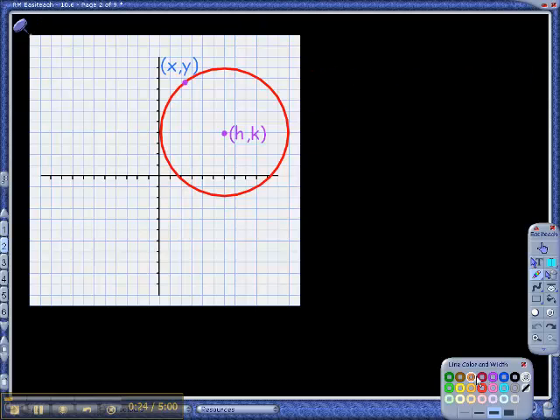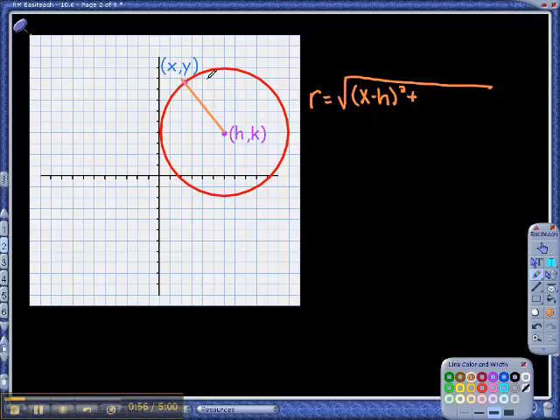Now, in order to get to this formula, I want to show you how it was derived. And it came from the idea of the distance formula. I know we've gotten so comfortable with that distance formula over this past year. When we're trying to find the distance of a radius, so if I wanted to find that measure, I would take the square root of the difference in the x values squared, since h is the x value of that center. I'm going to say x minus h, quantity squared,